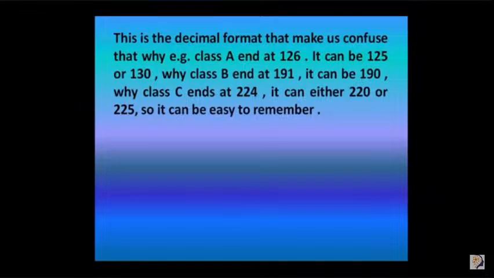That is the decimal number format that we are discussing. Why does class A end at 126? It can be 125 or 130. Why does class B end at 191? It can be 190, easy to remember. Why does class C end at 224? It can be either 220 or 225, because this is a decimal number system. The actual reason behind this is